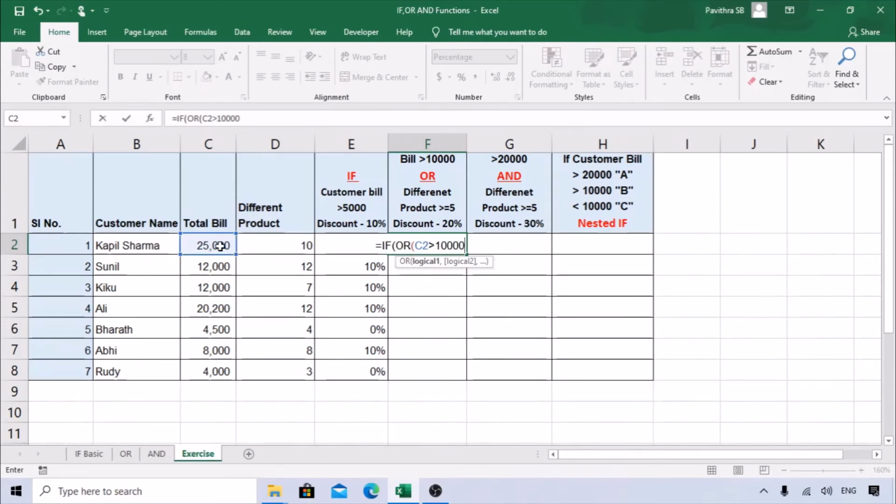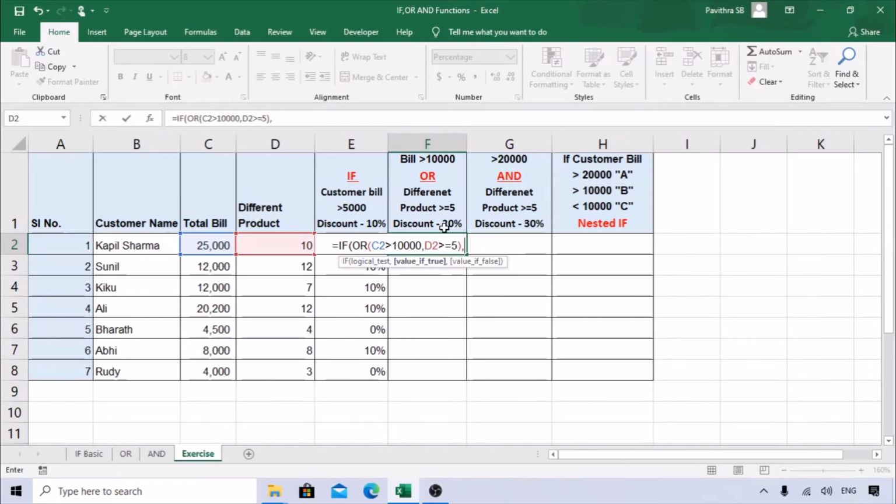First criterion, comma. The next criterion is greater than or equal to 5 products, so I'm selecting this cell in the D column for the products. It says greater than or equal to 5. I'm closing the bracket. So the logical test is done.